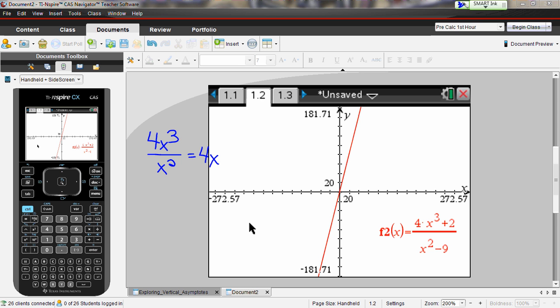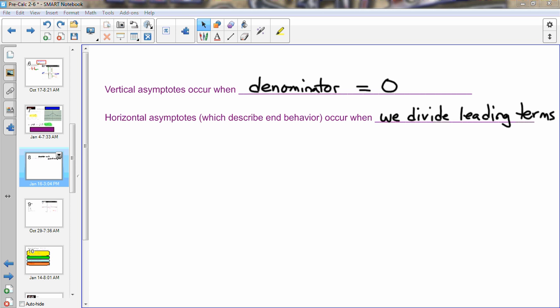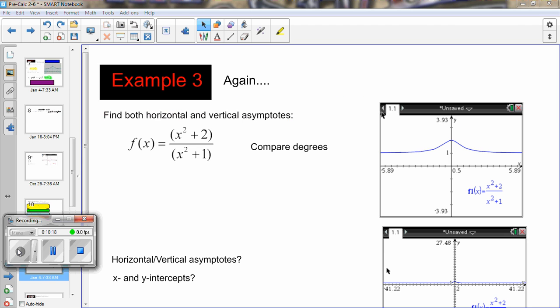So far, going back to here, we've taken care of horizontal and vertical asymptotes. Let's talk about intercepts, the bottom two boxes here. Y-intercept and x-intercept. The easier of the two is the y-intercept. How do I get a y-intercept? I'm going to substitute 0 in for x. If I substitute 0 in for x,